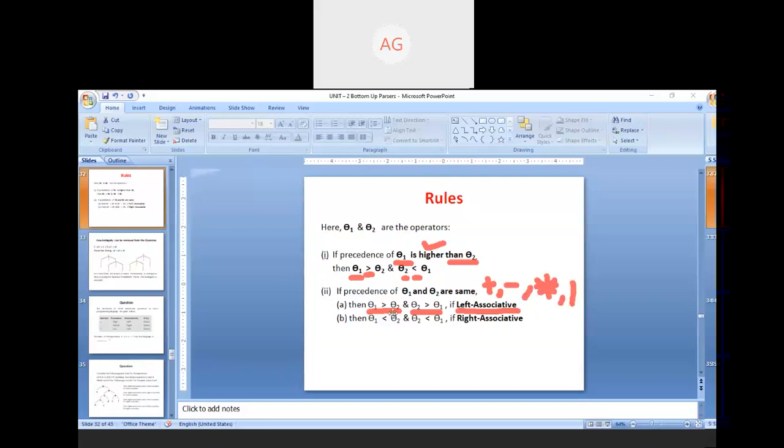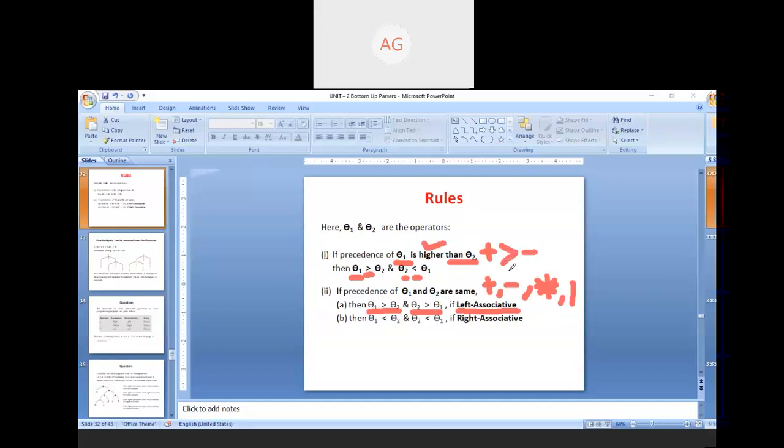So according to this rule, if in an expression plus comes before minus, then it follows the left associative rule. It means that plus has greater precedence than minus, because